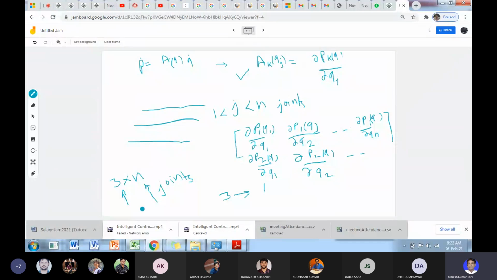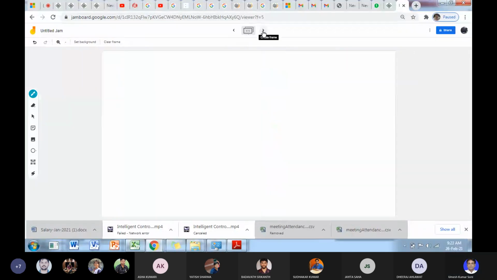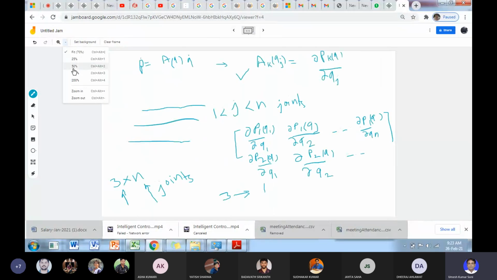ठीक है, तो 3 खुद के लिए सेट किया हुआ है. Next we come to the joint angular displacement. Okay,